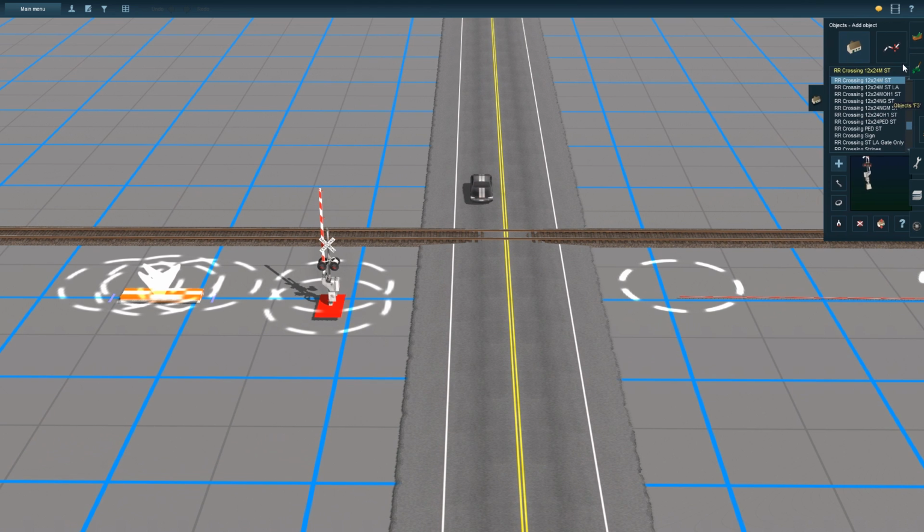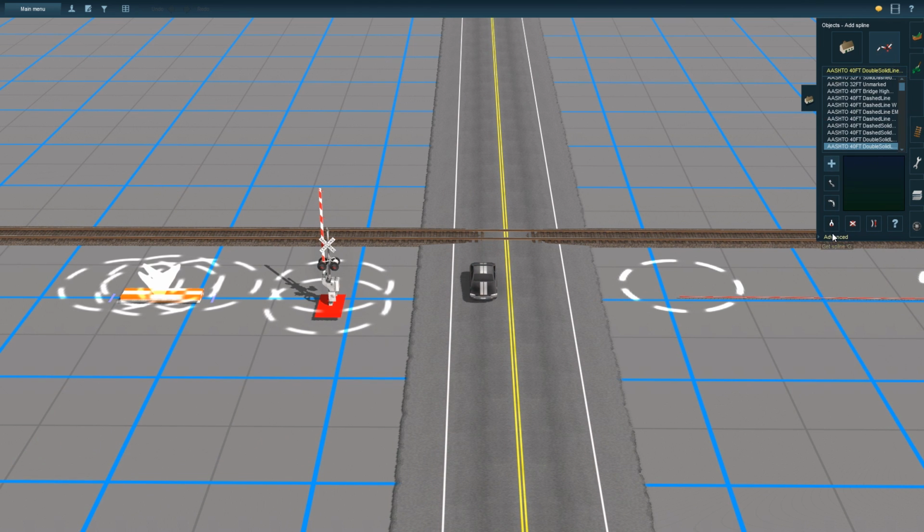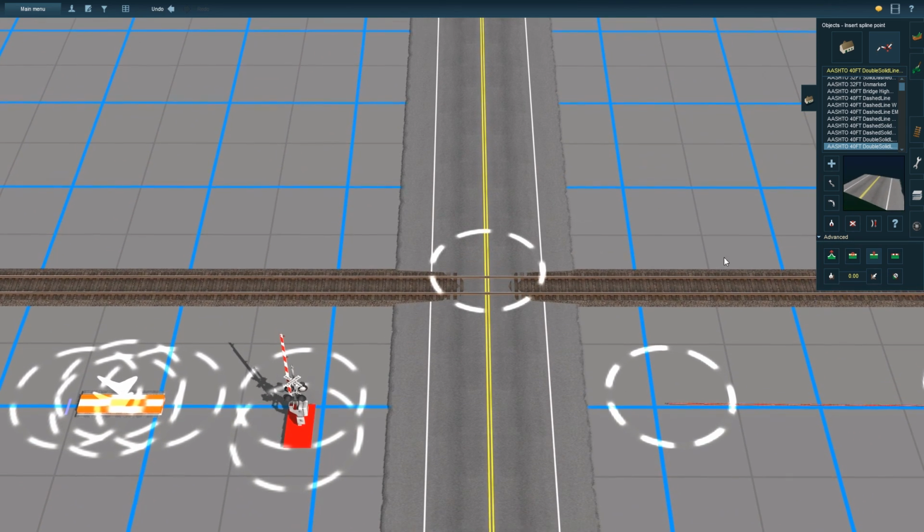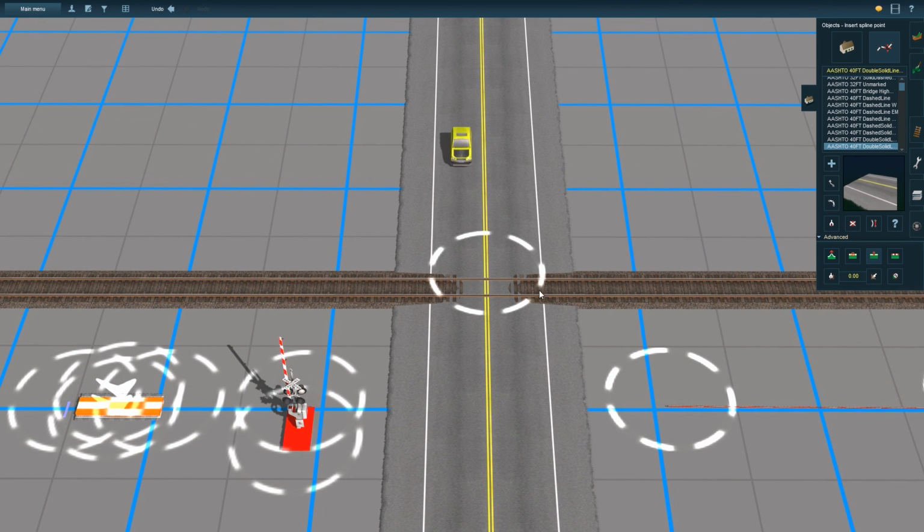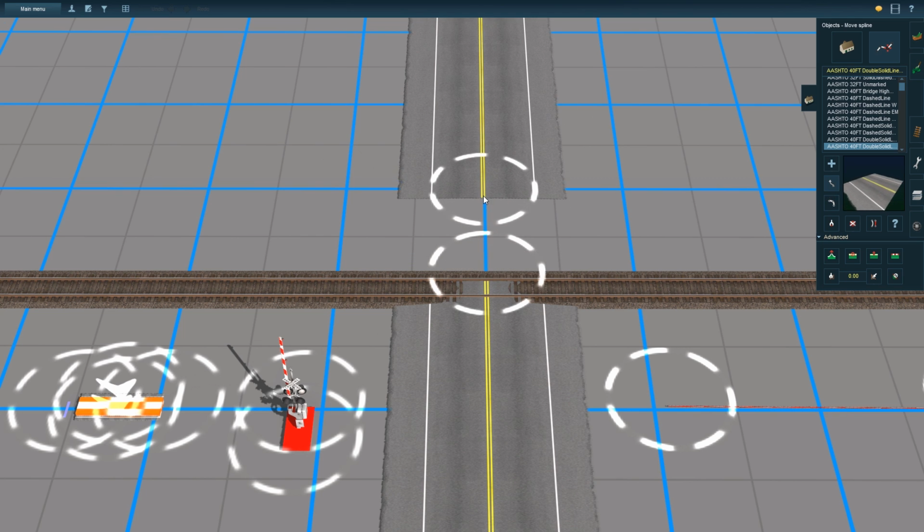So first thing you're going to want to do is the most annoying part, in my opinion, and that is cut in the traffic stopper. This is what is going to actually stop the traffic on the road when the train goes by. So what you have to do is put a spline point right at the center of the intersection between the tracks and the road. Then use your spline split tool, split spline, to split up the road